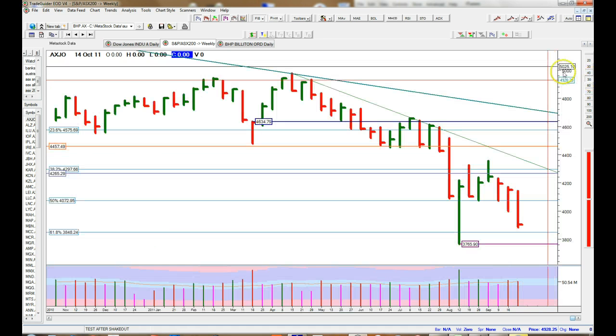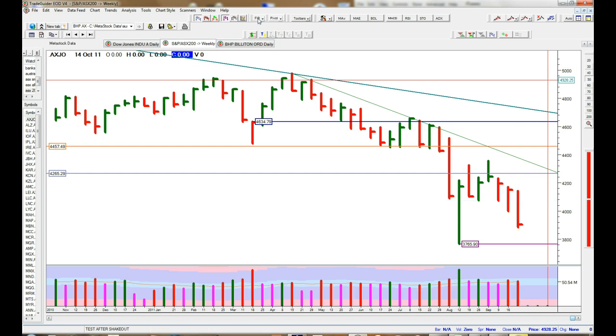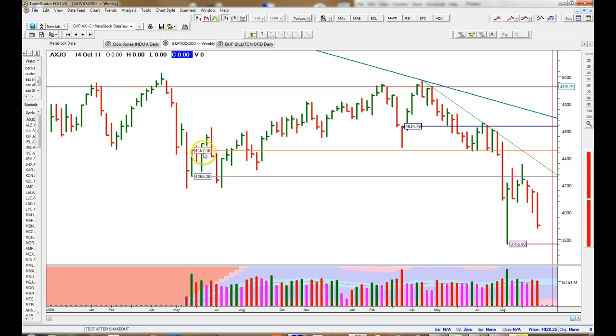So we'll just zoom in. I'll get rid of those fibs for a minute. So we'll just recap. We've got a few levels just based on high volume bars in the past. These two here are based on this high volume bar, which is also part of another high volume bar that's further left. But anyway, you can see it's acted as a band of support and resistance, and when we broke through there,